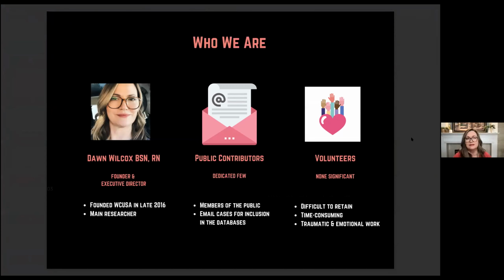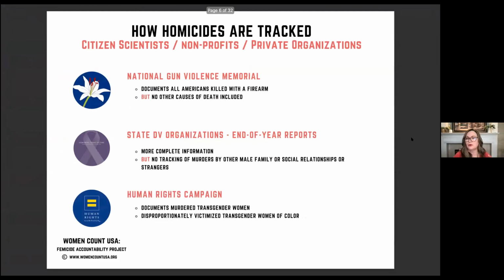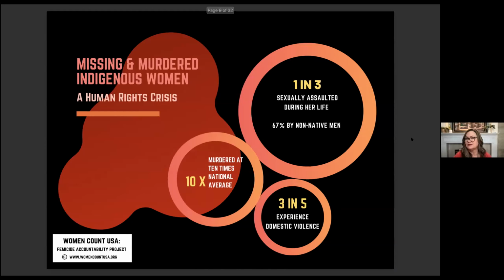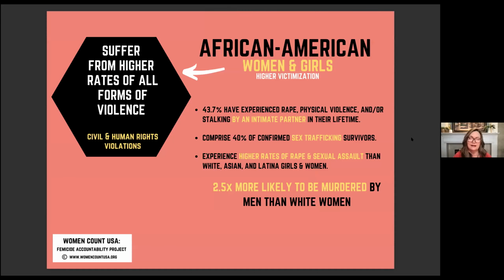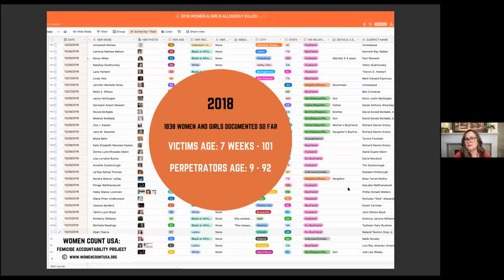I'm going to drop this PDF into the chat, but I just wanted to show basically this work has enabled me to find data that often the government in the United States does not delve into very deeply, if at all. And in my databases, I collect multiple pieces of data that can be used by others who are interested in this work, such as criminologists, and it's open source, so anybody can look at the information